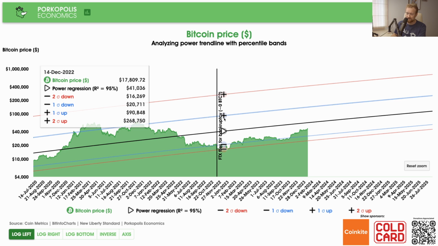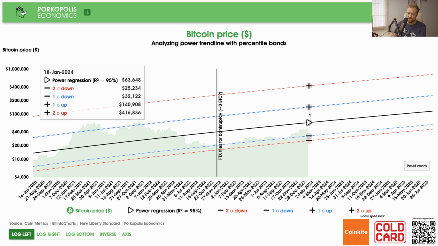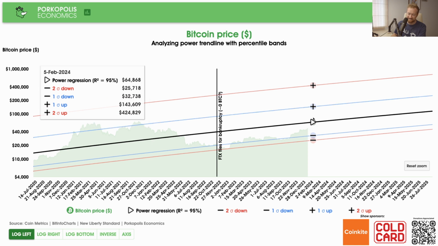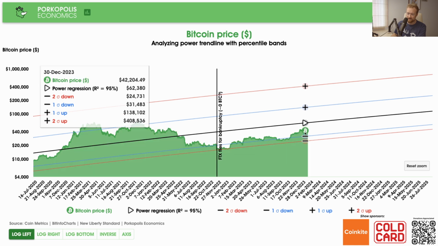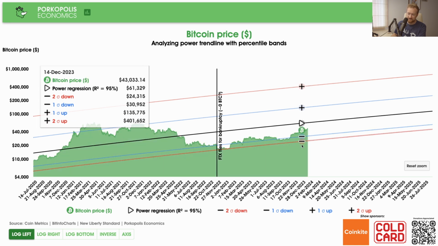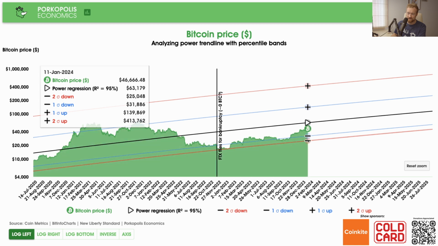Remember all the drama, all the talking heads, all the people that told you that Bitcoin was going to fail, all the people that thought they understood how Bitcoin works, bumped along the 2 sigma down just a little bit here in January 2023, and over the course of the last year until now, it's up. But interestingly, even with the fake SEC posting of approval of the ETF a couple days ago, and all the crazy price action and all the crazy talking heads, how this is just such a madness for the markets, whether it's approved, not approved, the ETF, whatever. Look, we are still below the all-time trend line of 95% R squared of